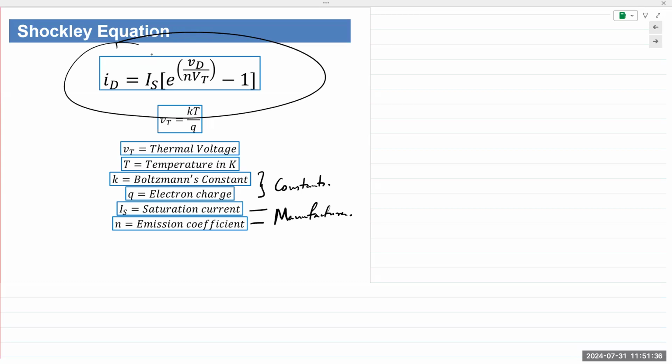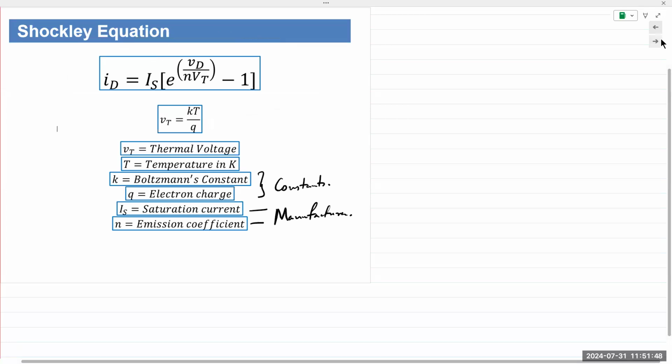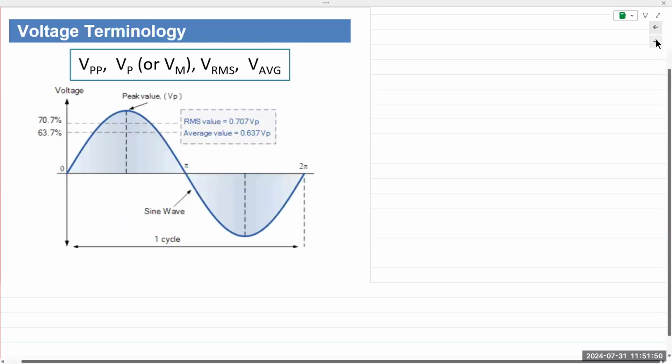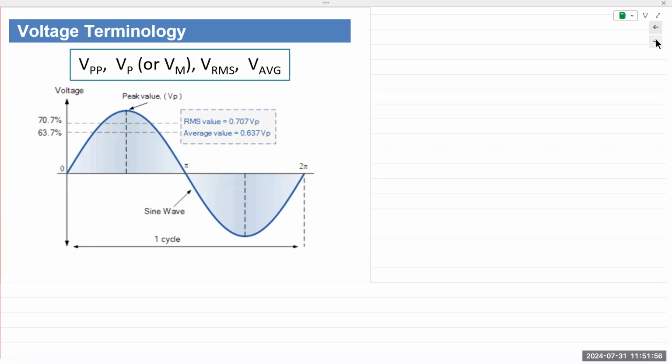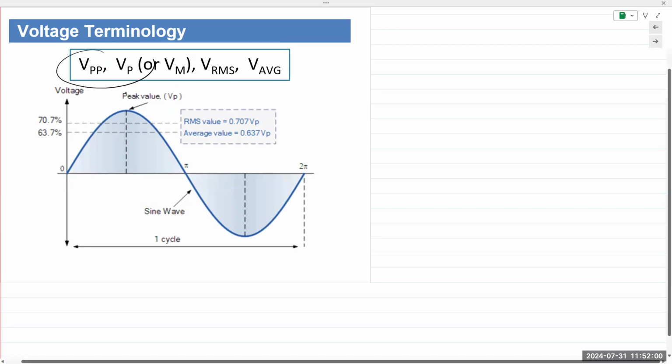Two words, a better description. 50 words, an even better description. Similarly, if you have more terms, you can describe a diode or a device or a system more accurately. So again, while this equation is very famous, it's just one of the models that we can use to describe the diode. Then I want to talk about, everyone remember this,